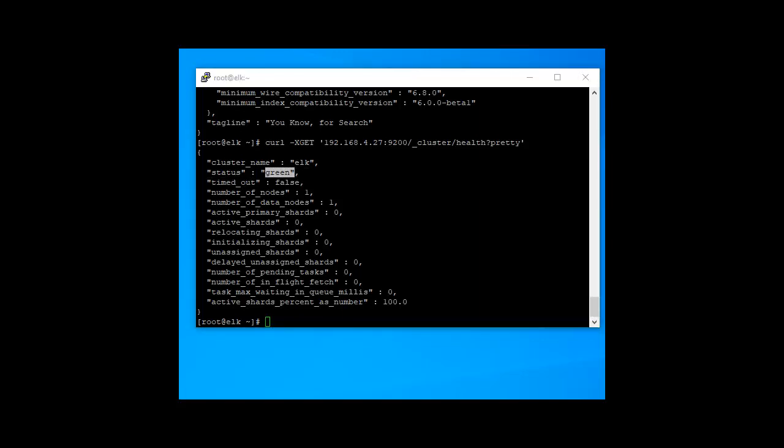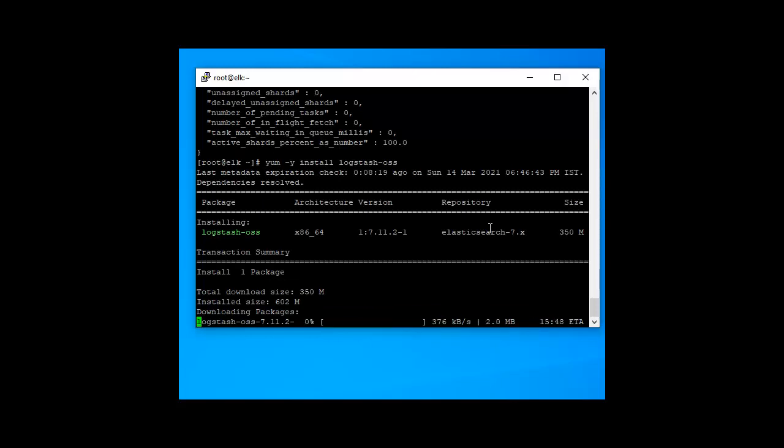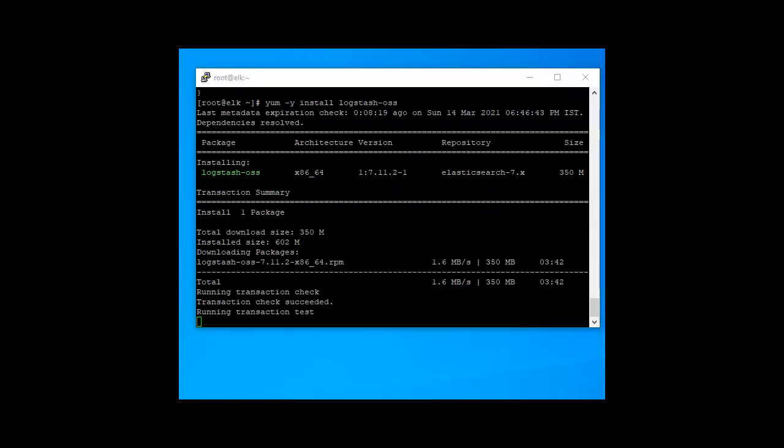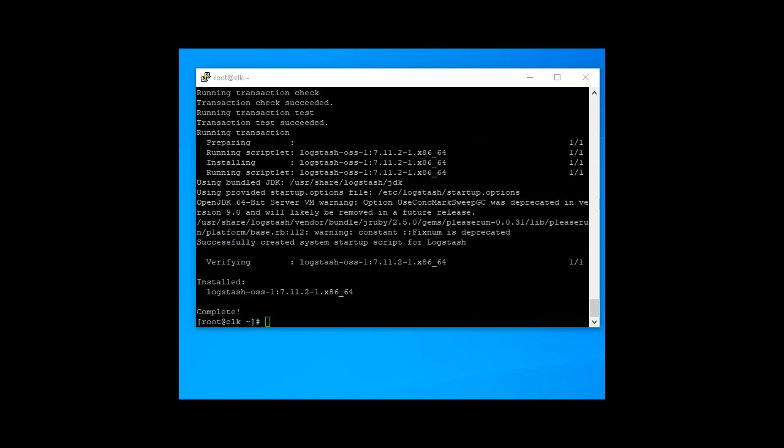So the second step is to install and configure Logstash. yum -y install logstash-oss. Installation done. The Logstash configuration can be found in /etc/logstash.